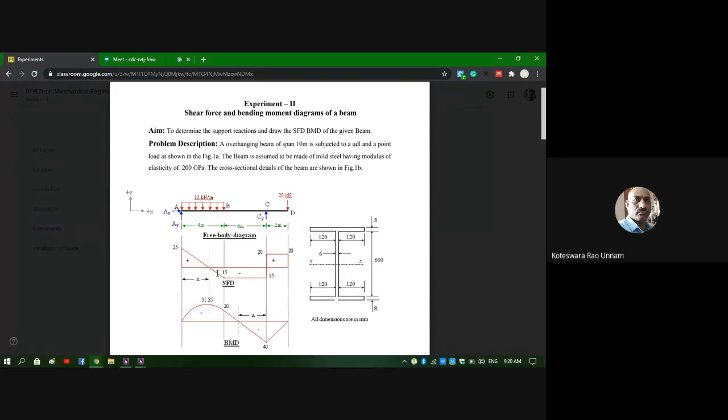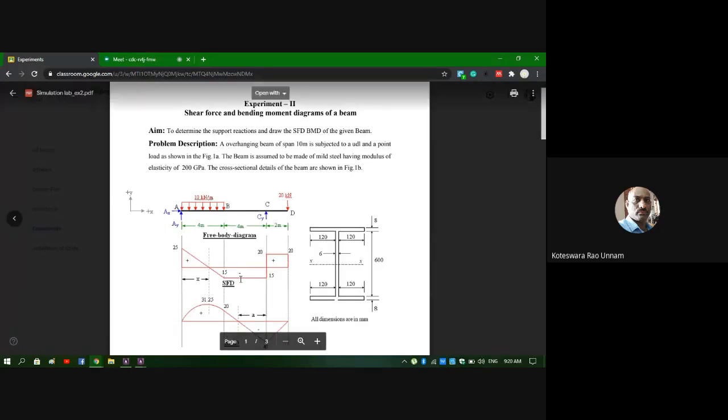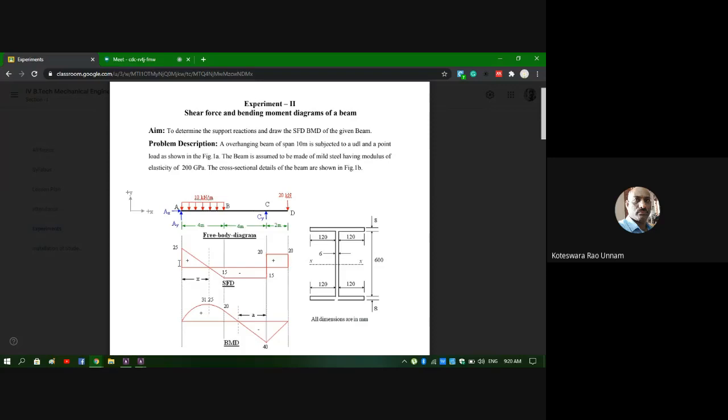The only thing is, while writing the results, we need to write the maximum positive and maximum negative, meaning whatever you get from the software, you follow that sign convention and write it accordingly. You can follow a similar approach for the bending moment diagram also. Some people will take hogging bending moment as positive and sagging as negative, and other people will take it the reverse way. Whatever is shown in this picture and the solution we got in the simulation is opposite sign convention wise. So the bending moment you will get as the same thing, something like this, but the shear force you are going to get in the opposite direction. Keep that point in your mind.